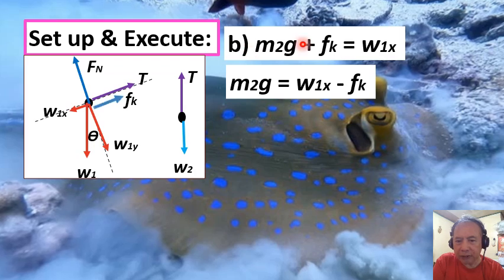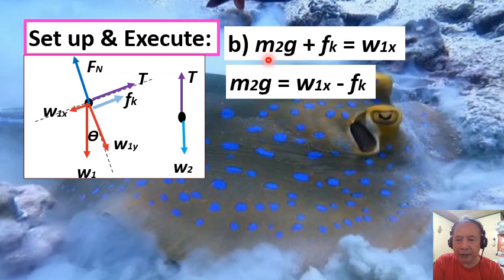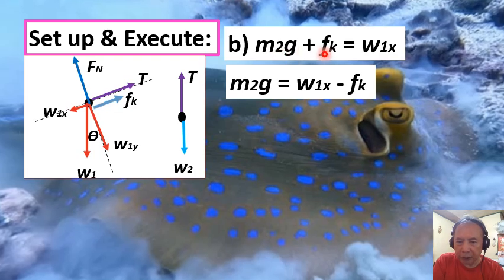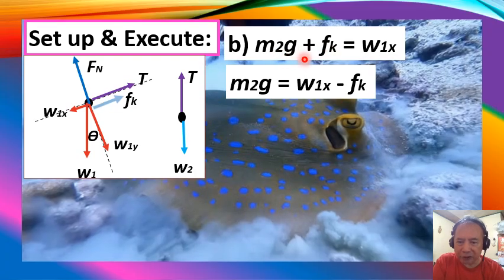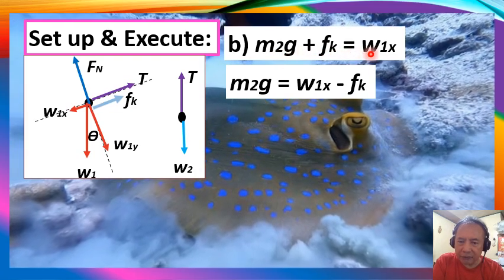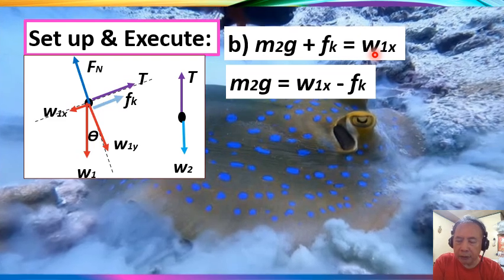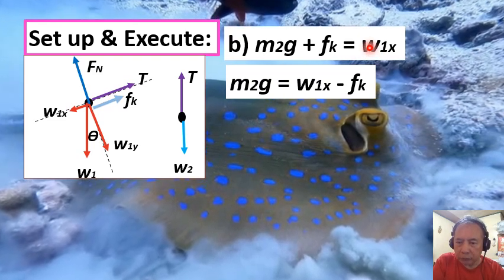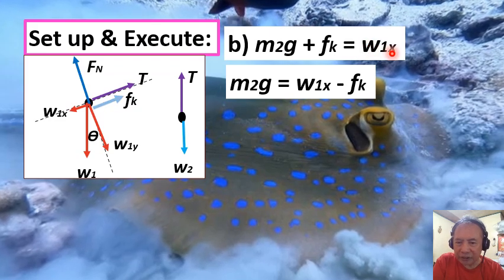So that is the reason why they are added here on the same side of this equation, m2g plus fk. And their vector sum is equated to the x component of the weight W1, or that is W1x,